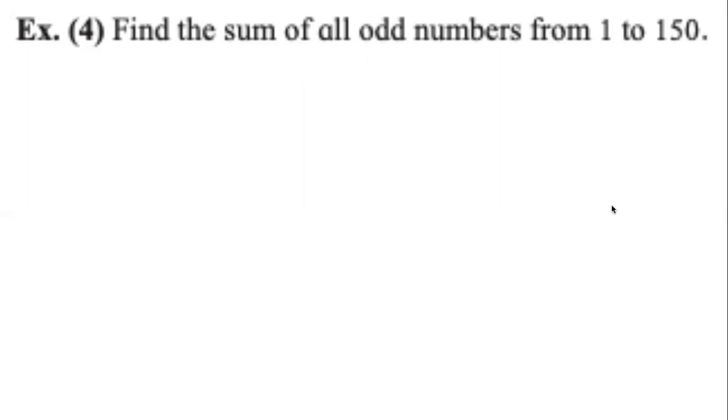All odd numbers. Then what's the conjunction? 1 to 150. From it. Okay, it doesn't say between, right? No, it says from. Okay, so from 1 to 150. So we can write this AP as 1, 2. No, not 1, 2. I'm going back. It's odd numbers. 1, 3, 5. It will go till. Tell me what will be the last term of this AP? 75. I could not hear Akhilesh, Rajesh. 149. It will not be 150 because 150 is an even number.